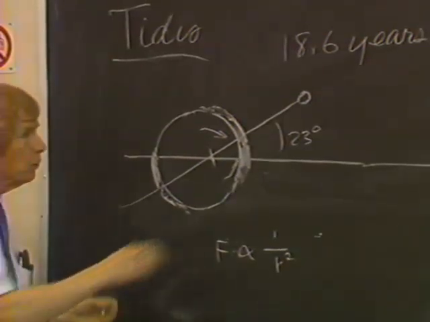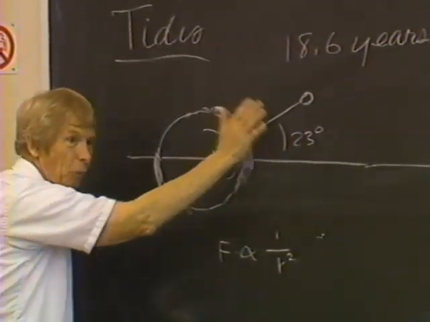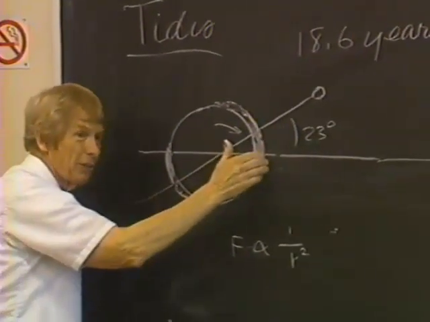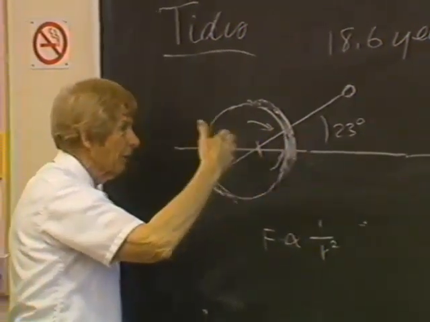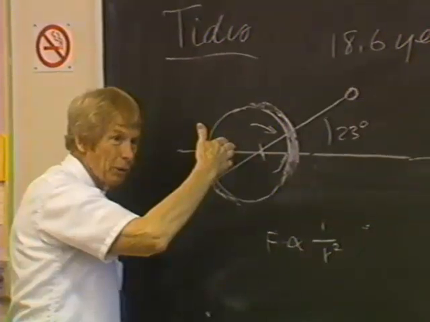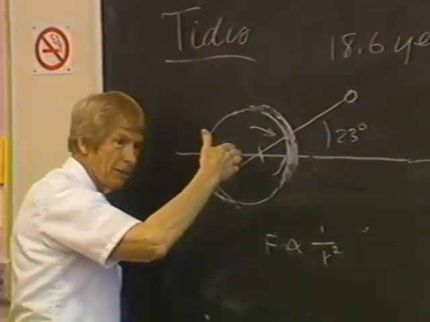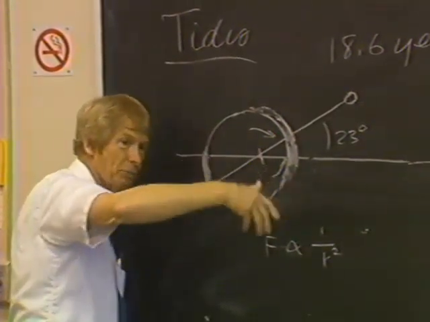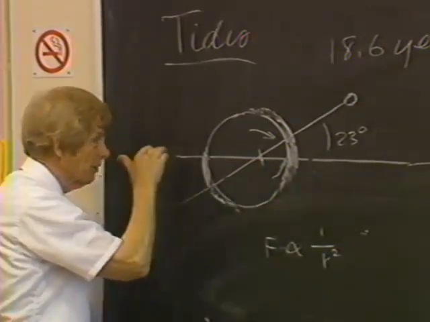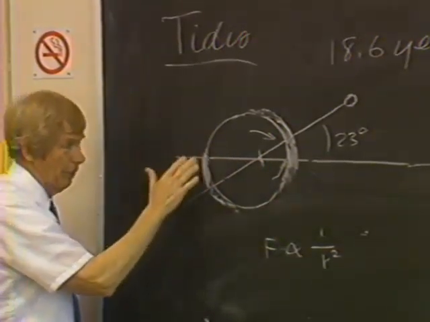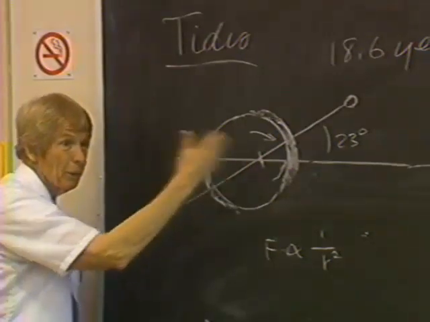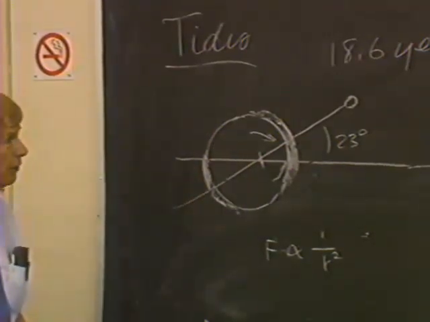When the Sun and the Moon are lined up, more or less lined up, then we have strong attractions, some of the two. When they're at right angles to one another, then we have each of them separately and sort of spreads it out. And when they're just directly opposite each other, then we have high again, but not quite so high as when they're both on the same side. So you can see that